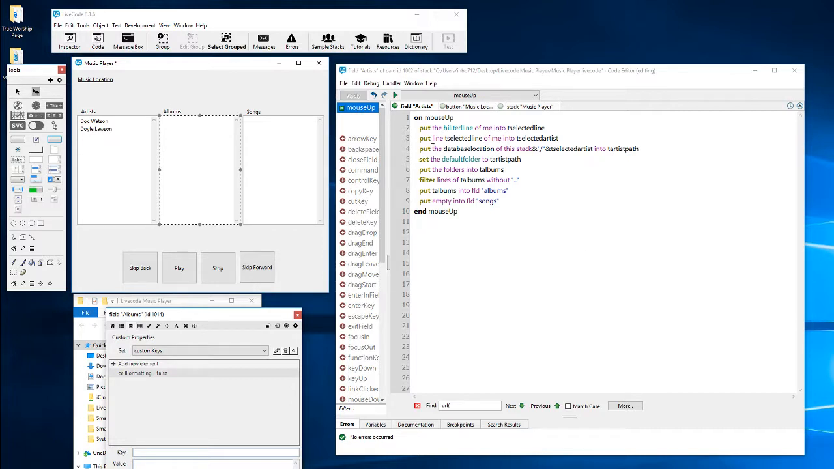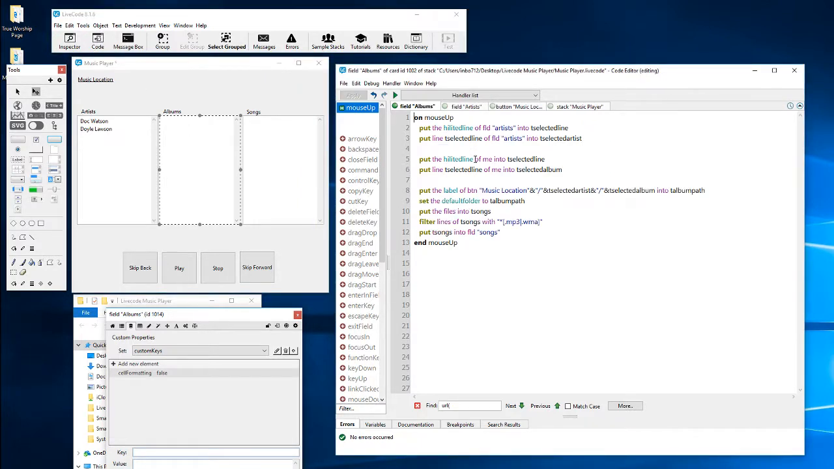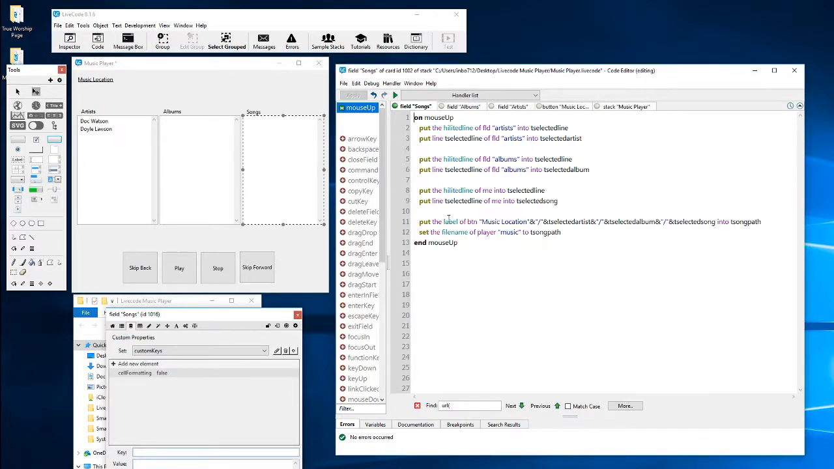Let's, before I do that, copy that. Okay, then we're going to do the same thing on this one. And the same thing on this one. Good. The other thing I wanted to do,